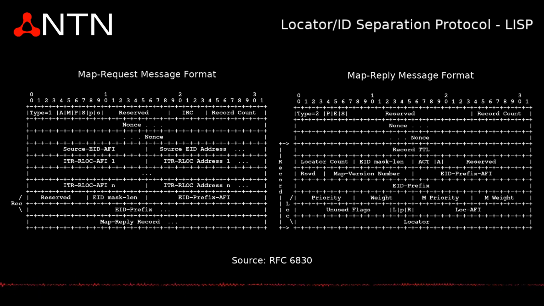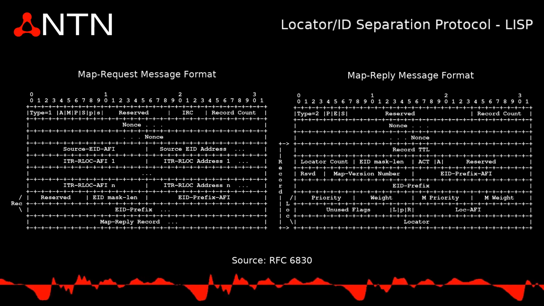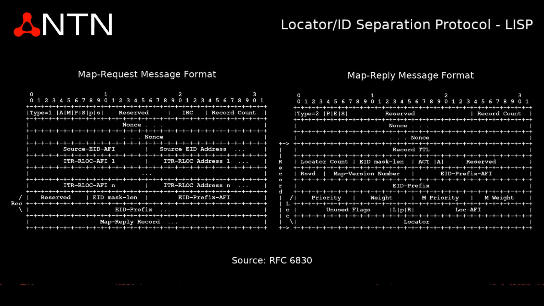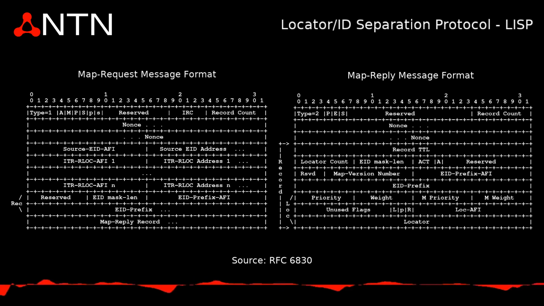When this happens, the priority and weight fields are used by the ITR to determine which RLOC to use, lower priority being preferred. In the case of a tie, the weight is used to determine how the load should be shared between RLOCs. The M priority and M weight fields are used for multicast traffic. Map requests also contain a record TTL field, which determines how long the record may be cached by an ITR